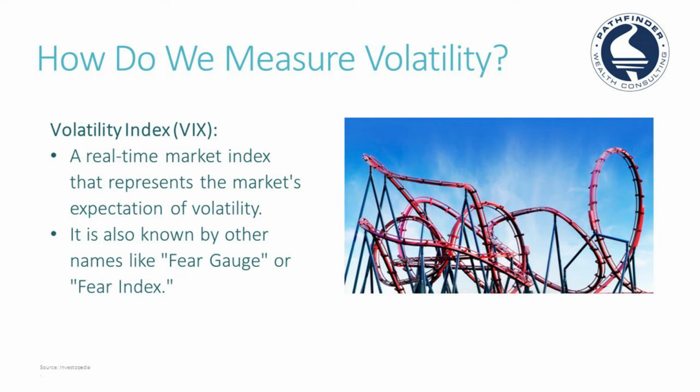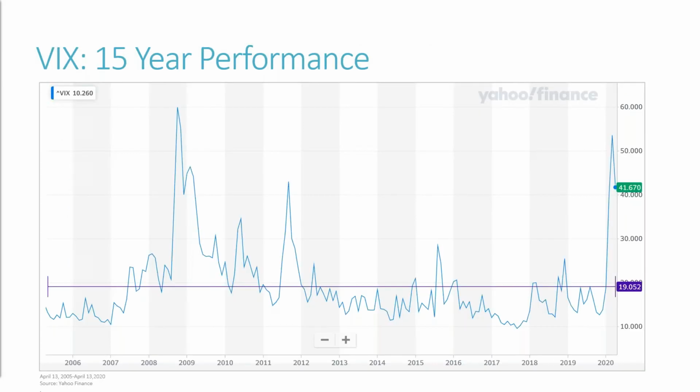I'll talk through a couple of examples. You can, by the way, buy the VIX index. There are some ETFs out there that will allow you to buy the VIX or short the VIX. A lot of traders use that as a more speculative investment, and say if the VIX is below a historical norm, let's buy it with the expectation that volatility is going to come back someday and profit from that.